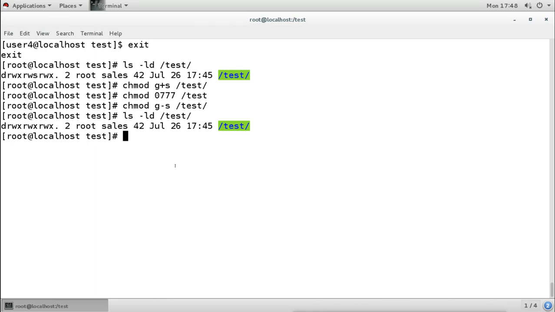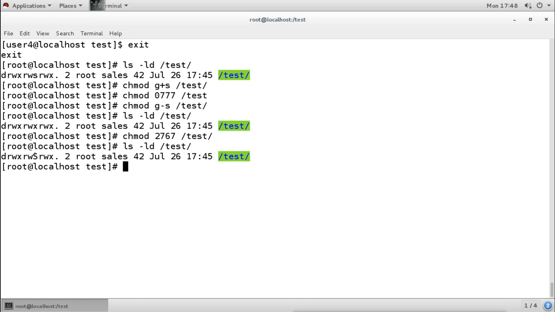Now if I set the SGID without the execute permission, I will use chmod 7 for the owner, which is all. For the group permission I will use 6. That means I'm not giving the execute permission to the group, but I'm also enabling this SGID. It will show a capital S. When you check, you see the capital S here, and that means the SGID, the second bit, is enabled but without execute permission.